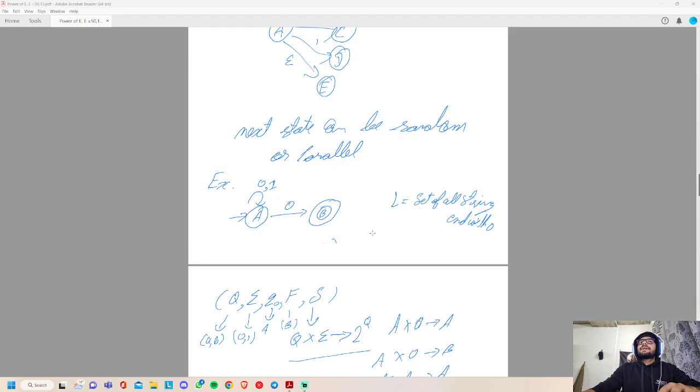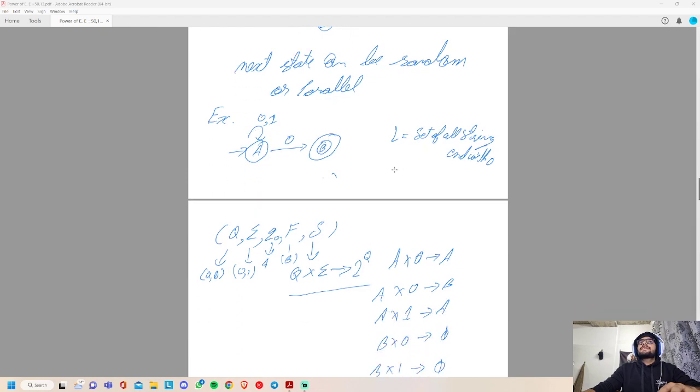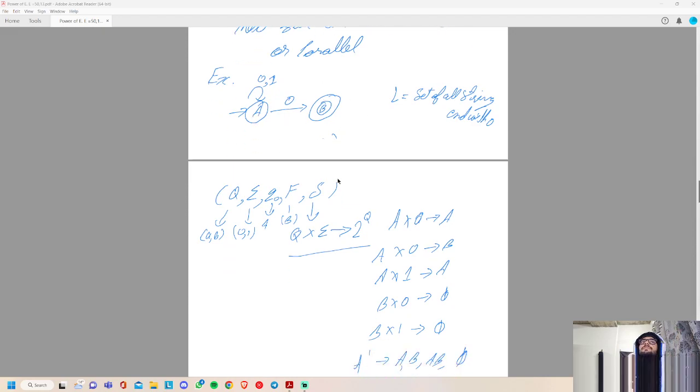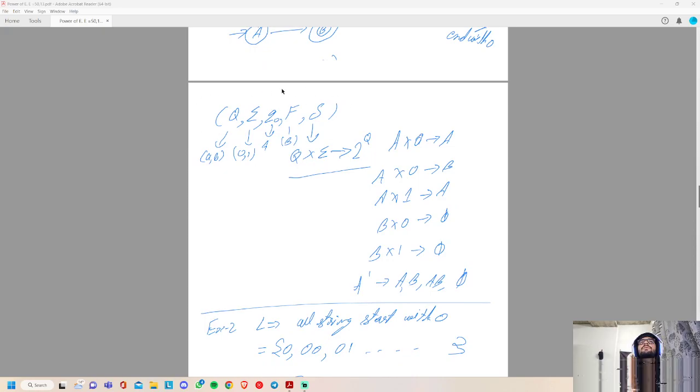For example, we can take the string 0, 0, 1, 0. If it gets 0, it stays on A. If it gets 0, it stays on A. If it gets 1, it stays on A. If it gets 0, it goes to B. Now the string is accepted.